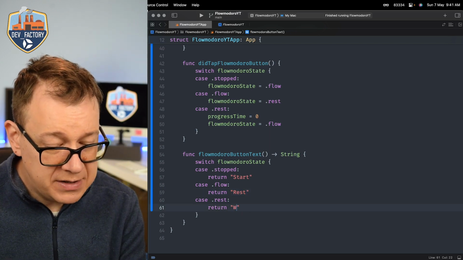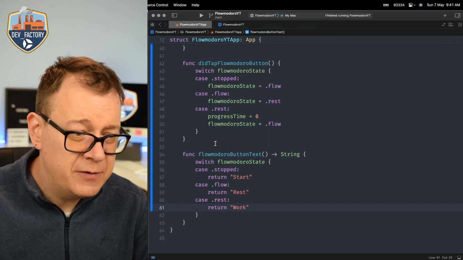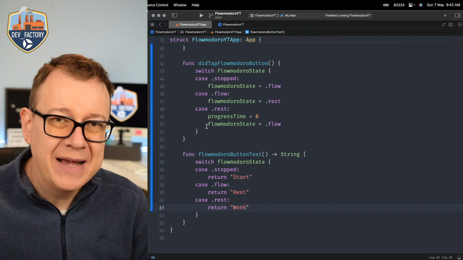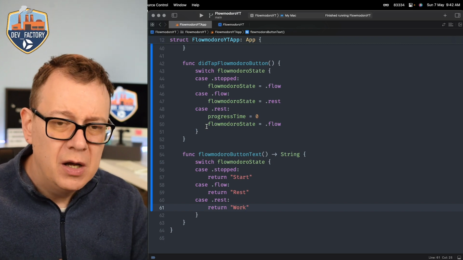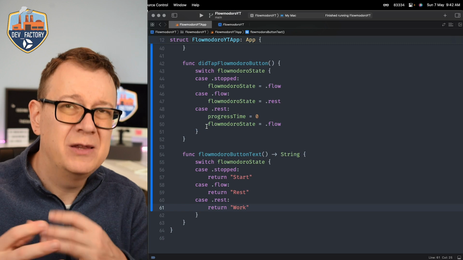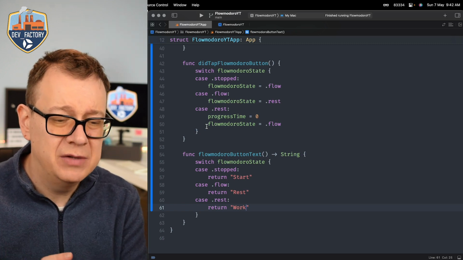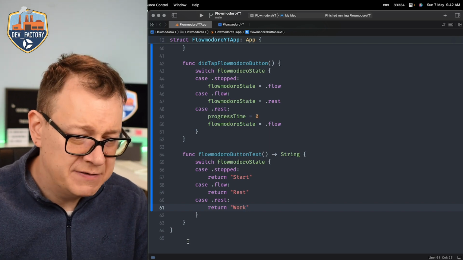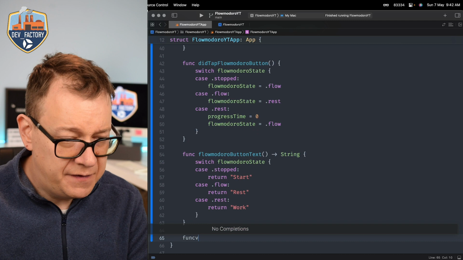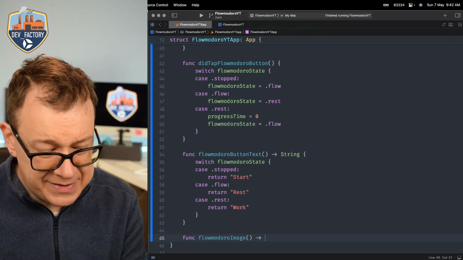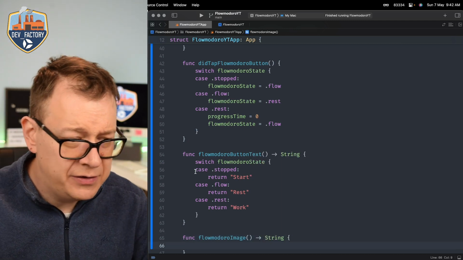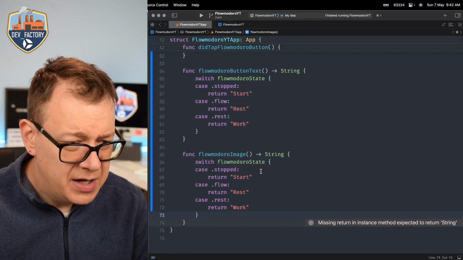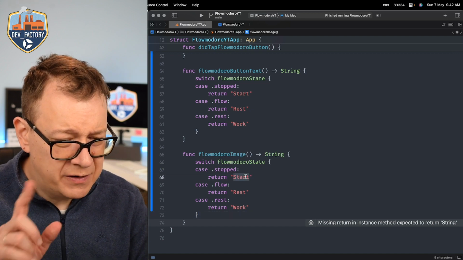And when we are in rest, we are going to work. We are also going to add some sort of an image, an SF symbol, so we better know what stage we are in, because the timer doesn't really tell us if it's counting up or counting down, so let's just help ourselves a little bit more. So let's have a function, and it's a system image, so we are just going to return its string name. Again, let me just copy these cases out,